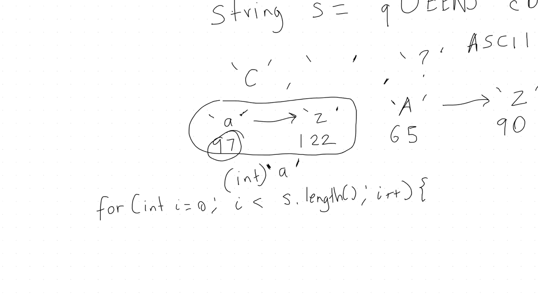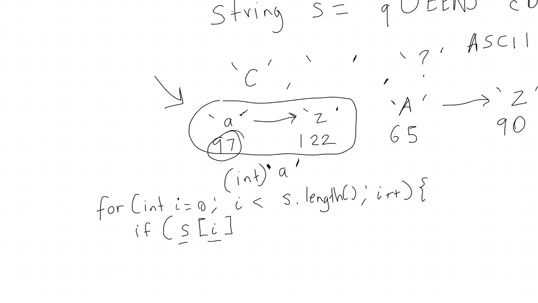If, so, like I mentioned, strings are like character arrays. So you can get each character of the array using the name of the array and the index that the character is at. So S[i] is gonna be a character. So I want to know if this is inside this range. I want to know if it's a lowercase letter. So the way I could do that is if I ask if S[i]